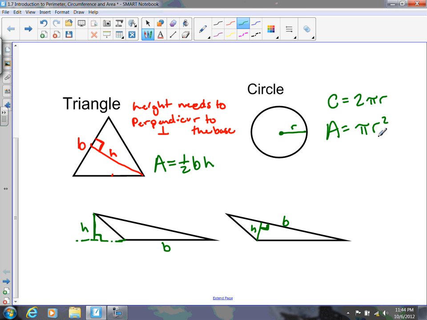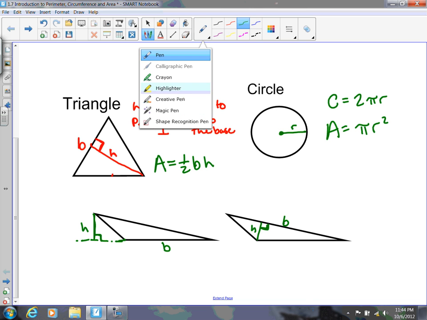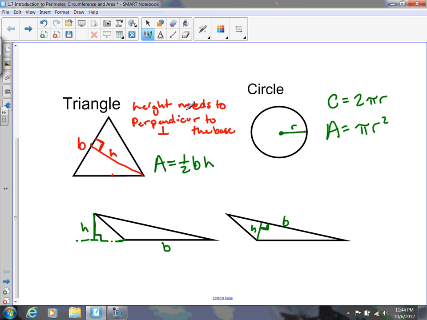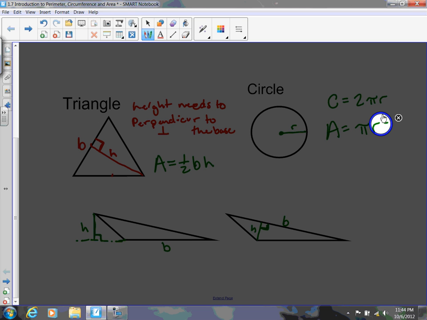Now one of the ways I remember which is which. Oh, clicking on the wrong thing. This is what I'm looking for. Some special effects. Alright, so one way I remember that,